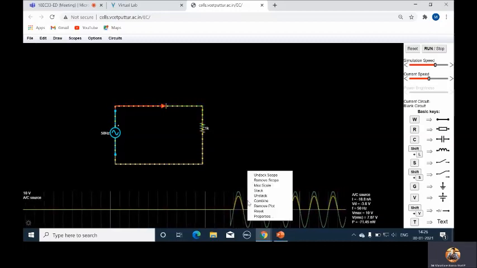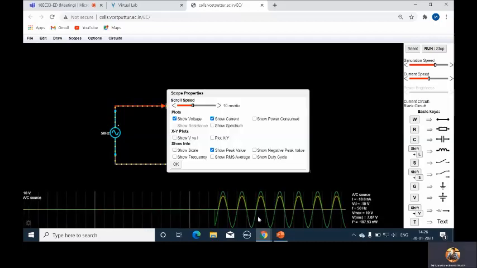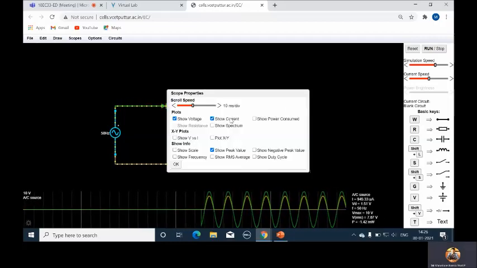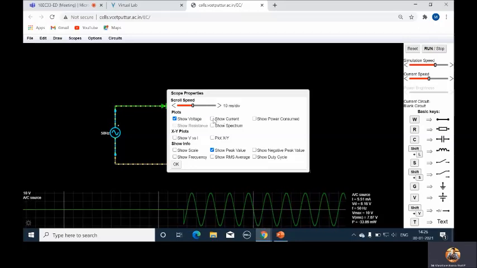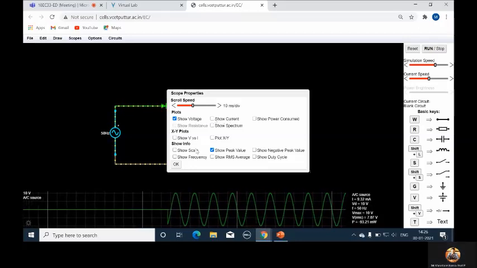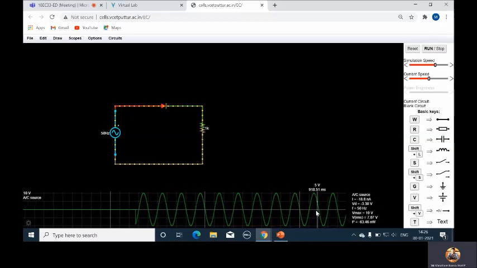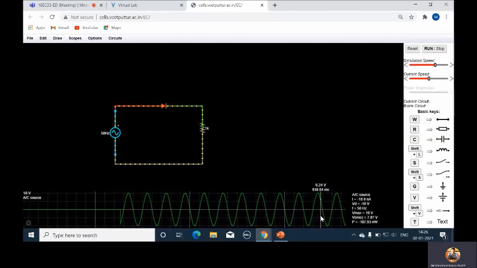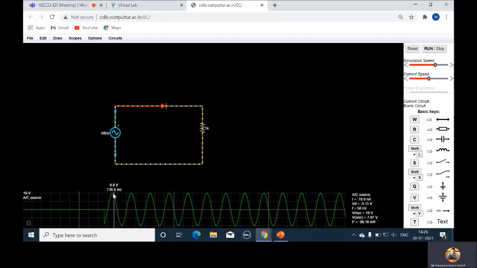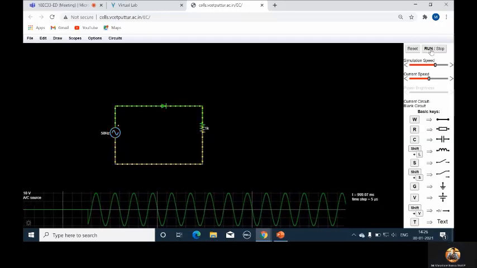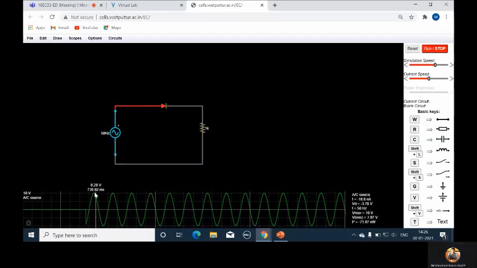Therefore, right click on this, select properties and uncheck this show current. Select OK. See now only voltage waveform is shown here. But it's a peak value. See here, 10 volt, correct? Let me stop it once. See, this amplitude is 10 volt. So VM of the input is 10 volt.